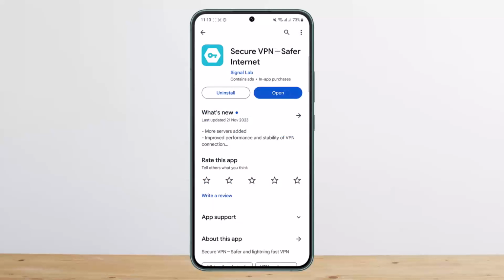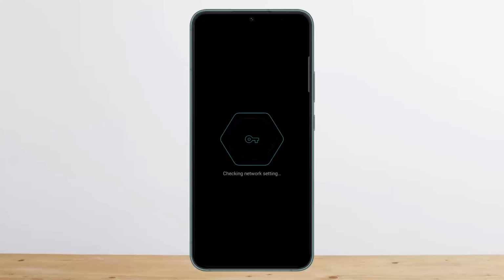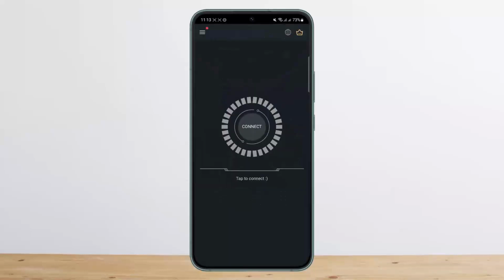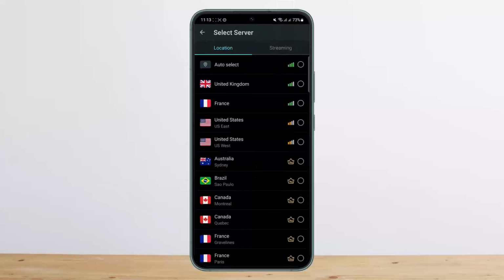Once you download it, you want to open it up and give it app permissions and all. It will check network settings real quick. Now you can see it'll find best servers and such. Simply tap on the cross at the top right corner and cross the ad, and you can see the connect option there. If you want to choose the server, you can tap on the earth icon at the top right corner there,